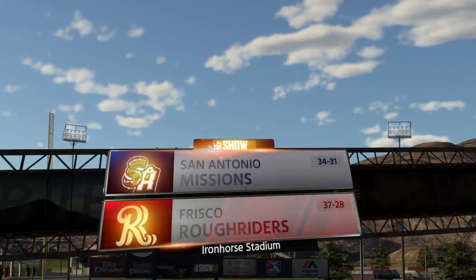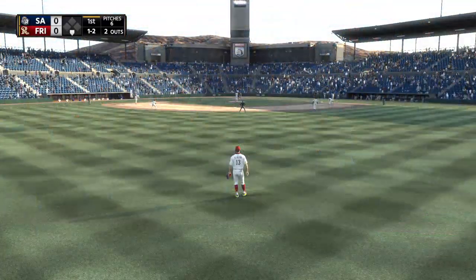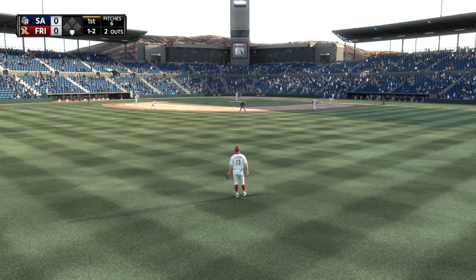Welcome into this presentation of minor league baseball. Bases are empty here with 2 men out. Batting third, first baseman,